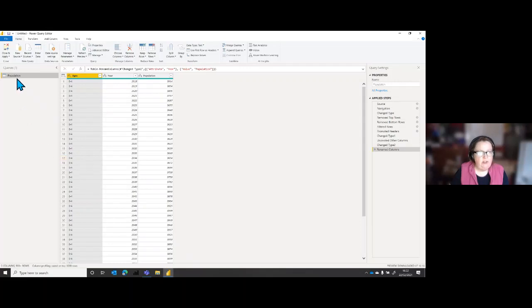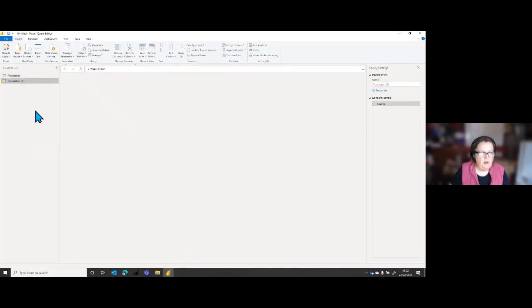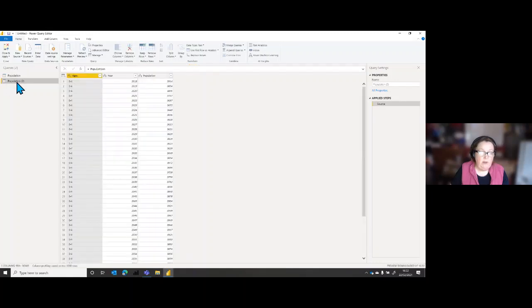So what I'm going to do is right click on population and do a reference. Now you've either got duplicate, which will just make a complete copy of it, which is sometimes the best one to do. This one though, I think we can get away with doing a reference, which just means that I end up with one here. Population 2, we'll name it in a second, but the source just says, tell me whatever's in population. So we're going to call this one age ranges.